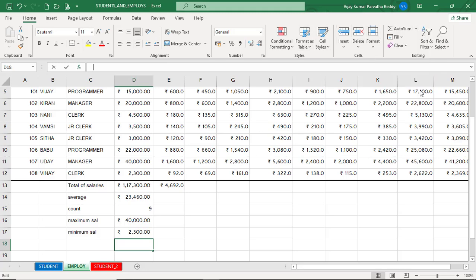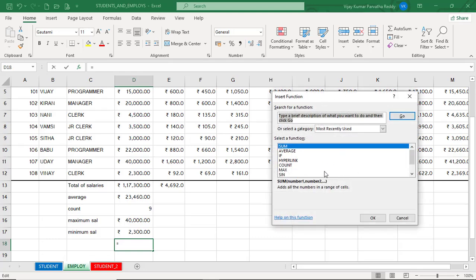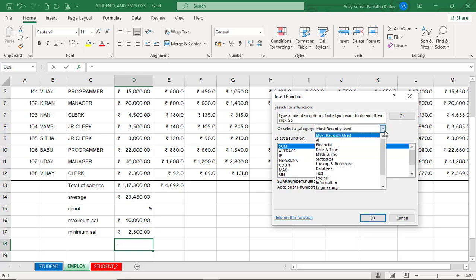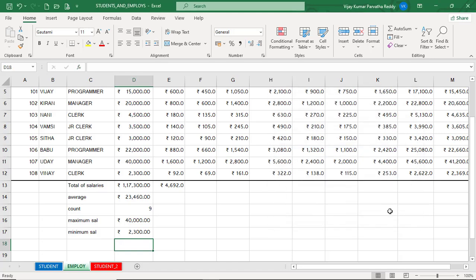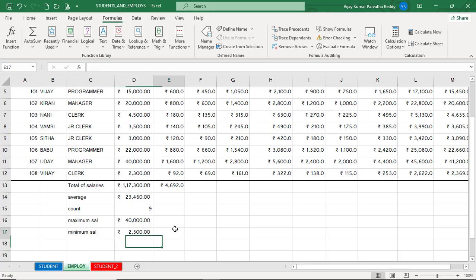If you want more functions, then it displays a dialog box, and here we will see all the financial, statistical functions. We are going to learn all these in later sessions under the formulas tab. Okay,